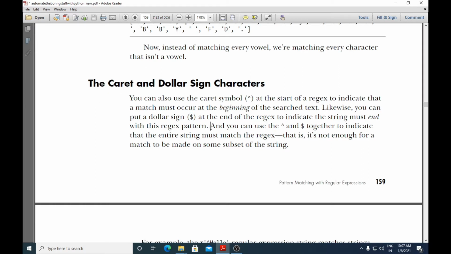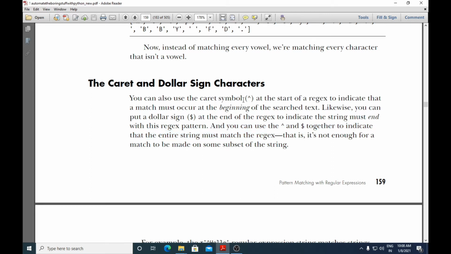And you can use the caret and the dollar together to indicate that the entire string must match the regular expression. So if you are using the caret and the dollar symbol, it should start with that regular expression and it should end with that regular expression. Both conditions will apply.